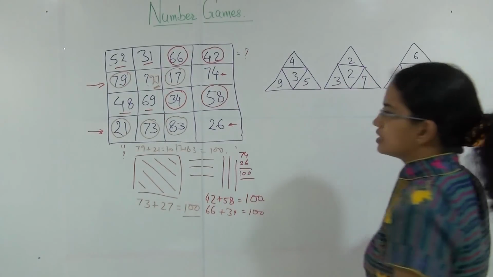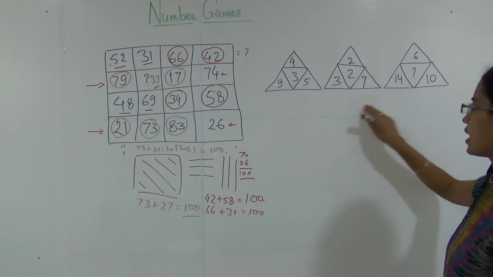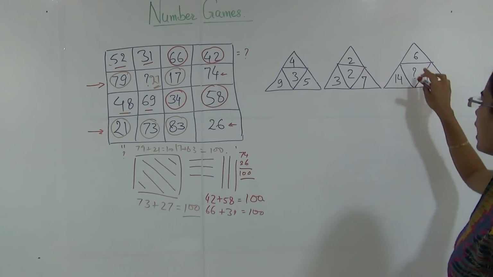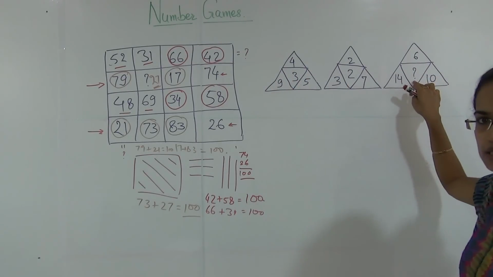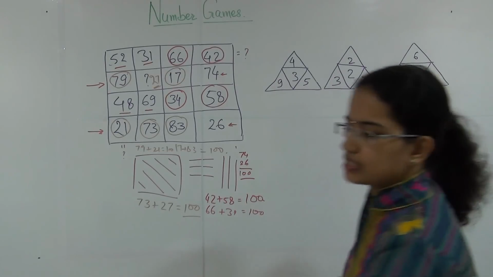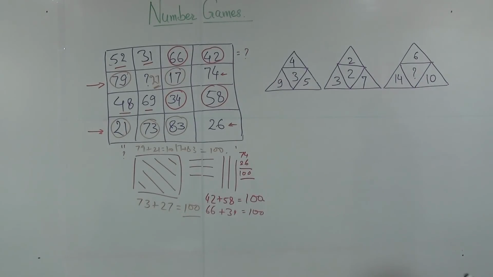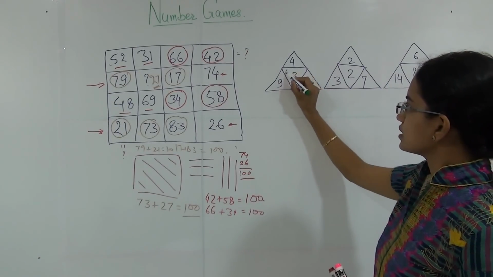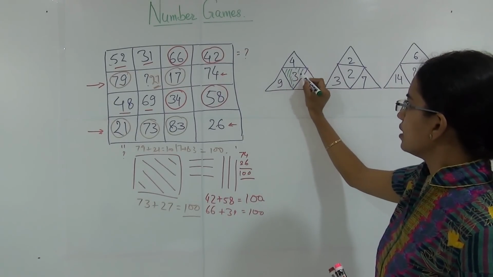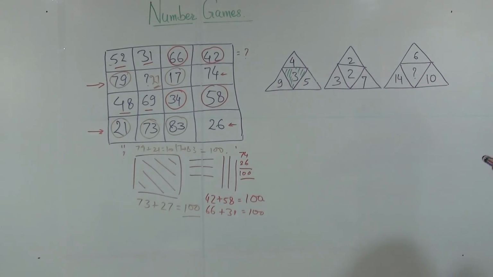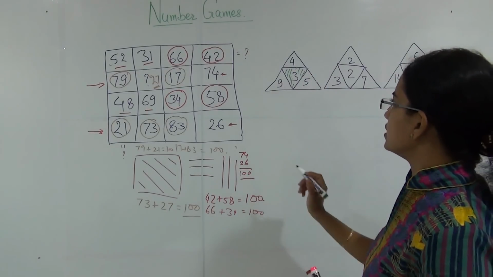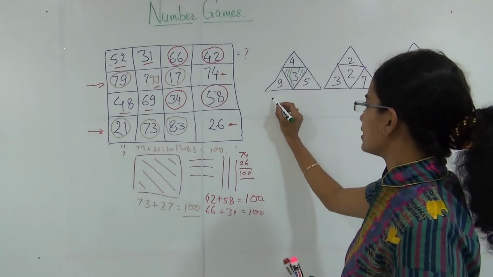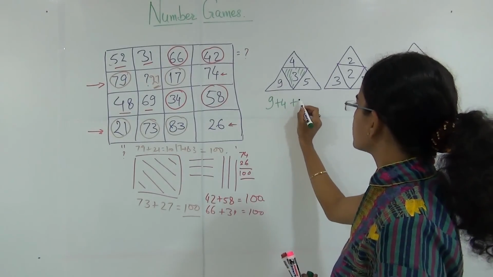The next question is a question where numbers are given in triangles, and there is some kind of relationship between these sets of numbers and you have to find out the missing number in the last triangle. So for this question, let's start with the first section. There is some relationship between the center number and the outer numbers. Let's try to solve it with a very simple method. Let's start with a very simple analysis. Let me add all the numbers on the periphery.